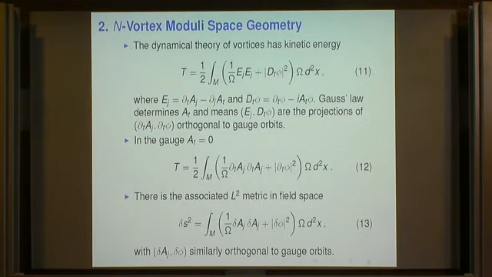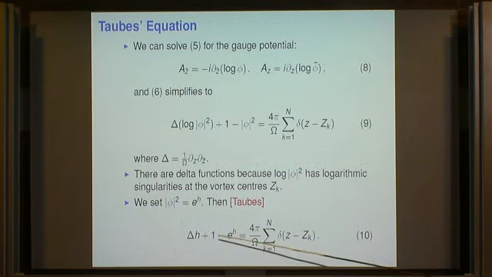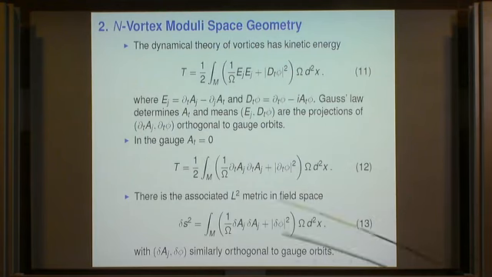Right, so we've got these vortices. Taubes proved that this equation has solutions, and there's a unique solution for given sources. So now, what is the moduli space and what is its